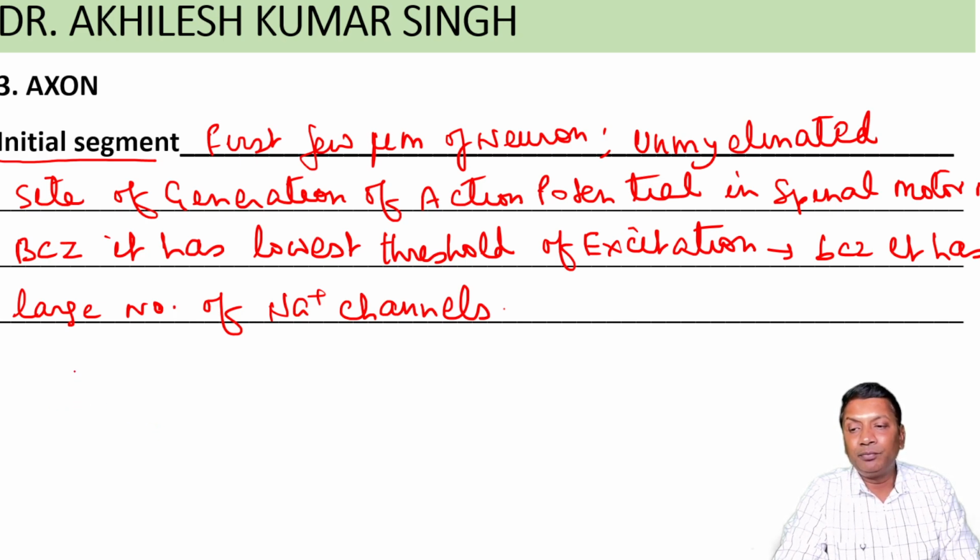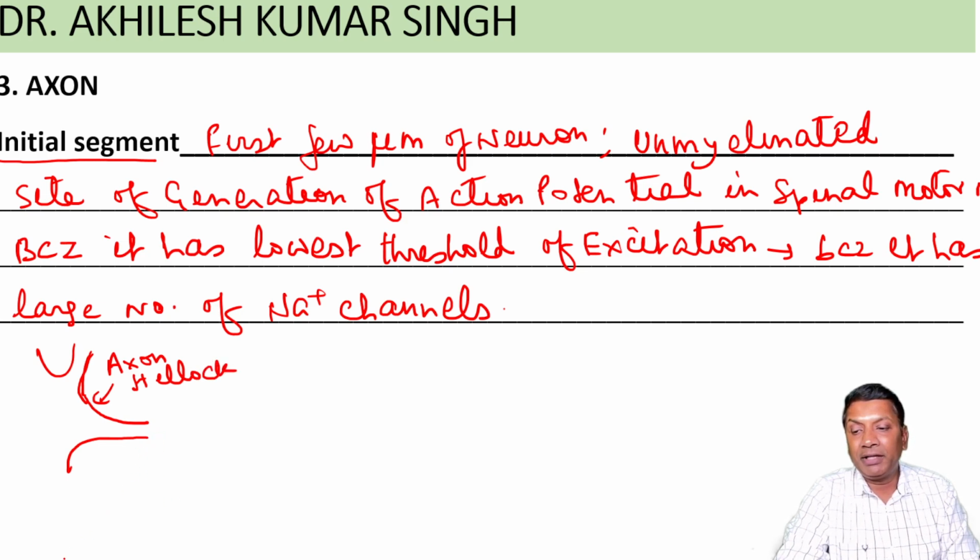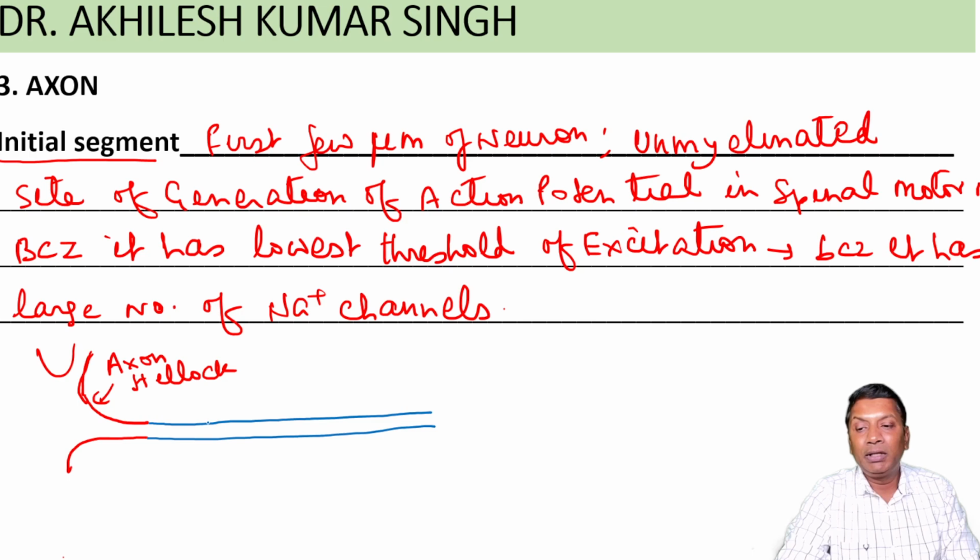Then if I draw the diagram, this is the part of the cell body, the thickened part of the cell body. If I label it, it is the thickened part of the cell body called what? Axon hillock, right? Then after the axon hillock, what will start here? After this, the axon will start, and the first few micrometers of the axon is called the initial segment. So this is called the initial segment,